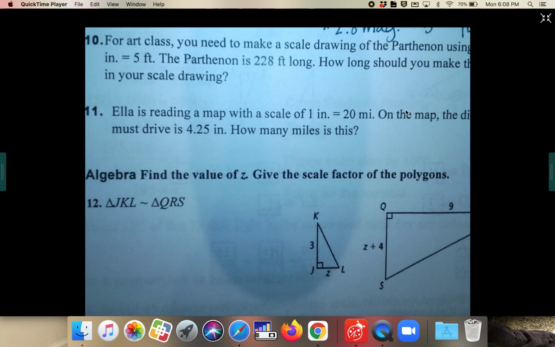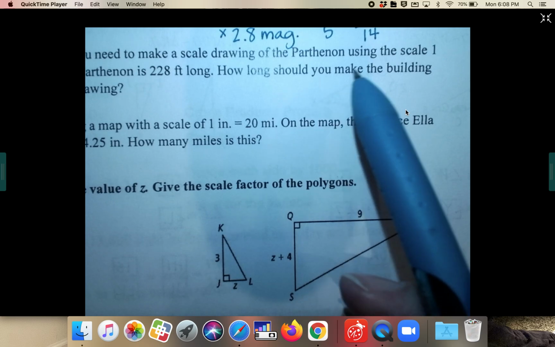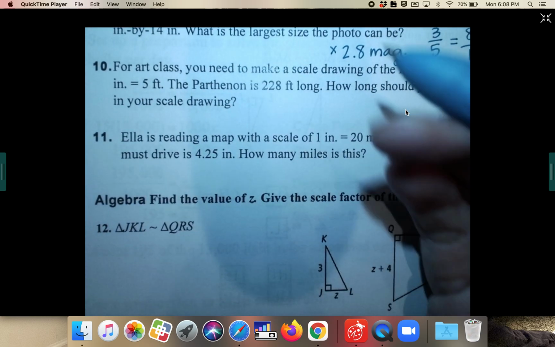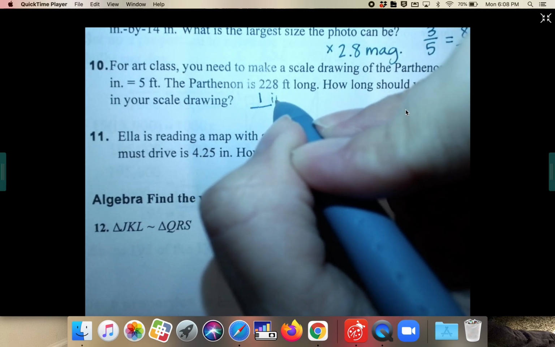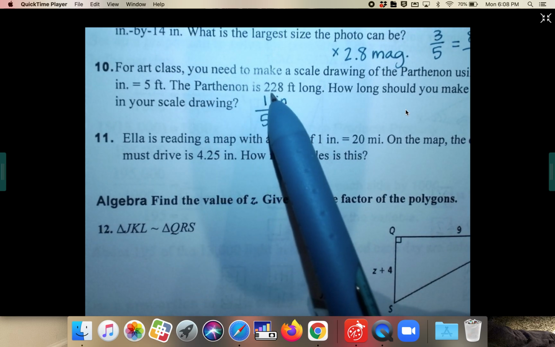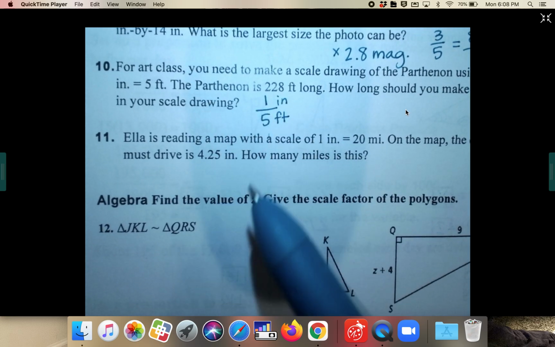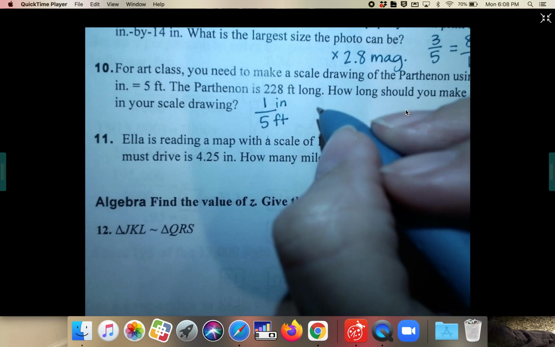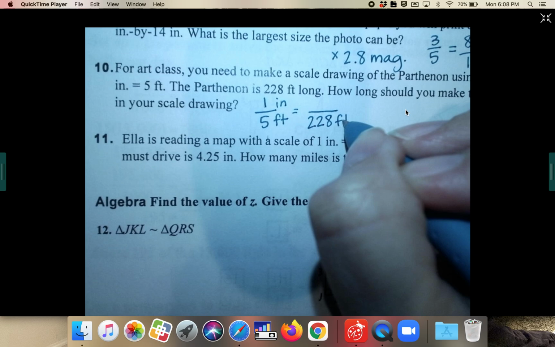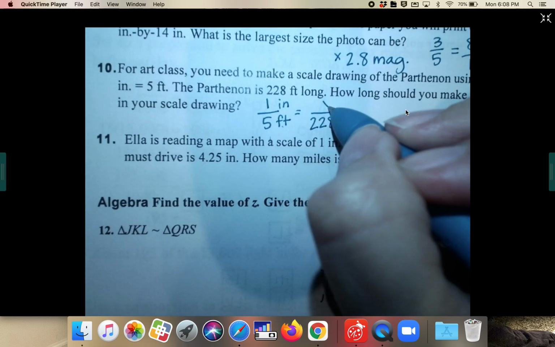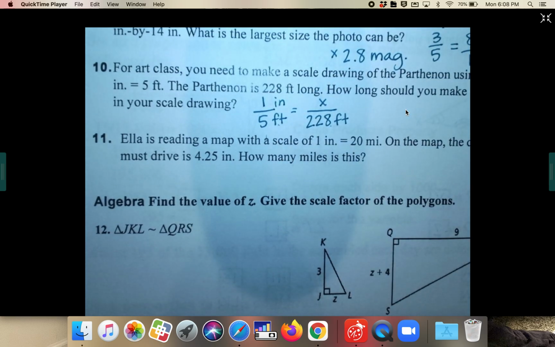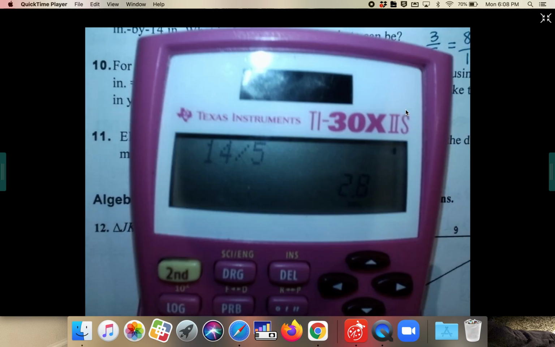Okay, for art class, you need to make a scale drawing of the Parthenon using the scale 1 inch equals 5 feet. 1 inch equals 5 feet. There's your ratio. The Parthenon is actually 228 feet long. So if it is actually 228 feet, and notice I put my feet across from feet, how many inches is the actual scale drawing? So you can do the bat and the ball. 228 times 1 divided by 5